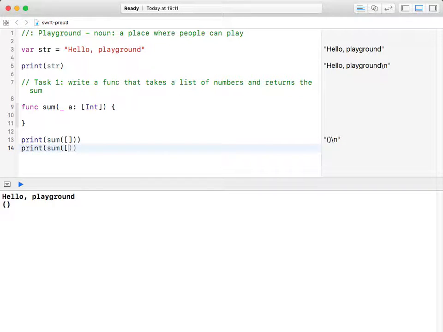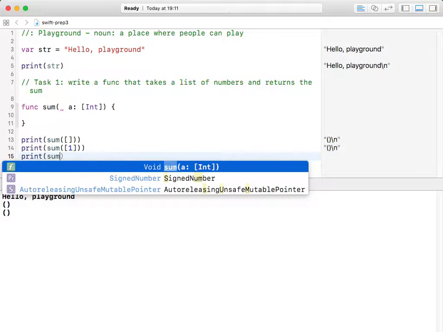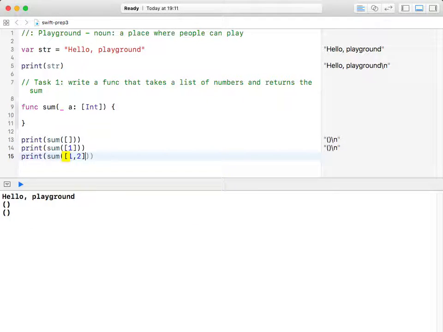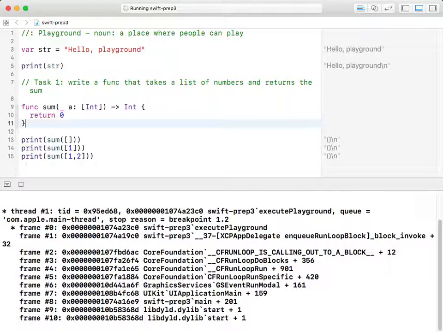I should be able to sum no element, 1 element, 2 elements, and so on, right? Well, obviously right now there's nothing returned, so I need to make it work. I know that it has to return something. And so I'm thinking, oh, I was returning an integer. I'm using